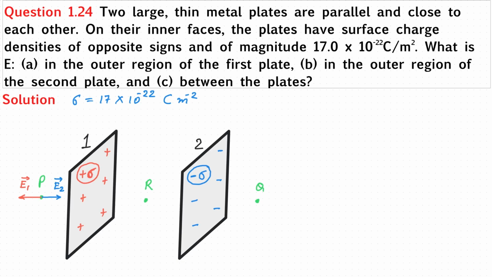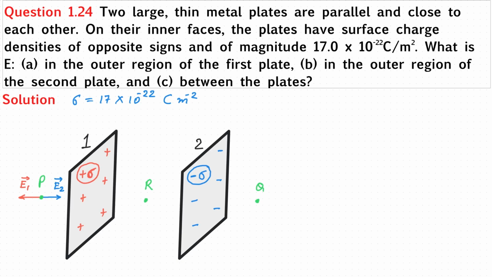See, let me clarify one thing, that the electric field E2 will not be affected by the plate in between. Means while drawing E2, you have to think like this plate is not there at all, and so E2 is produced by this negative plate only. The electric field and electric force are two body forces. So this electric field will not be affected by this plate. So here at point P, the electric field due to both of the plates will be opposite in direction.